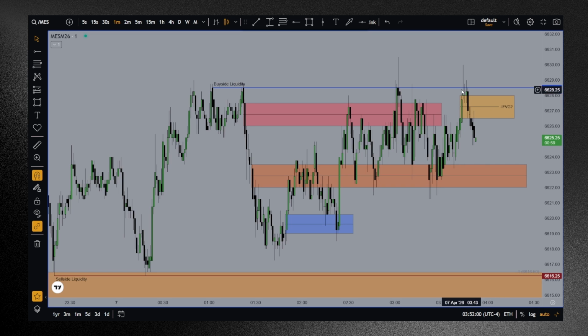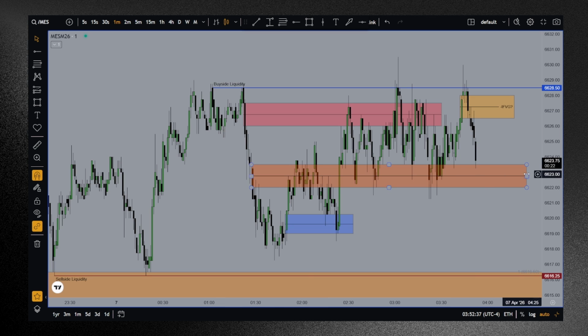Nonetheless, I wasn't willing to be aggressive about it. I was willing to see the lower half of that inversion fair value gap respected as resistance, and possibly trade below that lower inversion fair value gap on a closing basis, right? That was basically what I was looking for, and then maybe I could look for a short. But